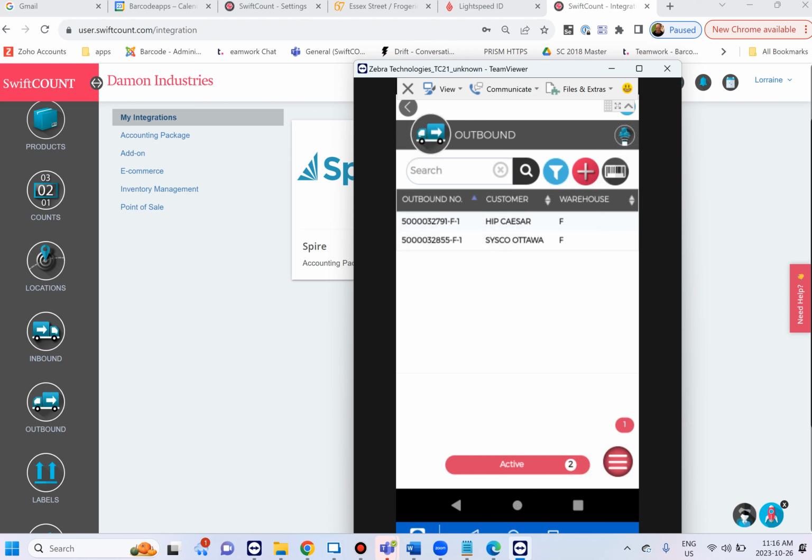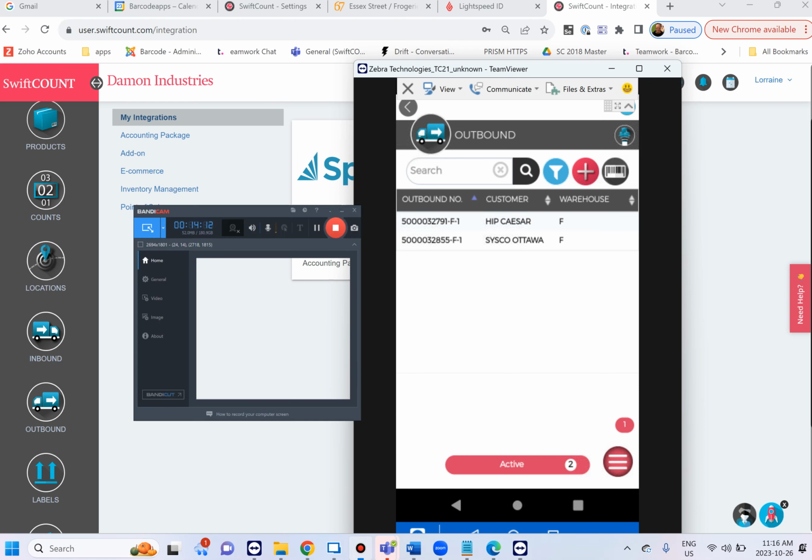Yeah. So I think for this to work for us, we really need to get the numbers in Swift Count to reflect what you've already picked. Otherwise, I don't think it's going to work for us. Oh yeah, no, I agree. Okay, let me see what we can do about that. And if possible, sooner rather than later, so we don't forget all of this. You know how human memories work, right? Yeah. Because we would like to start using it and get